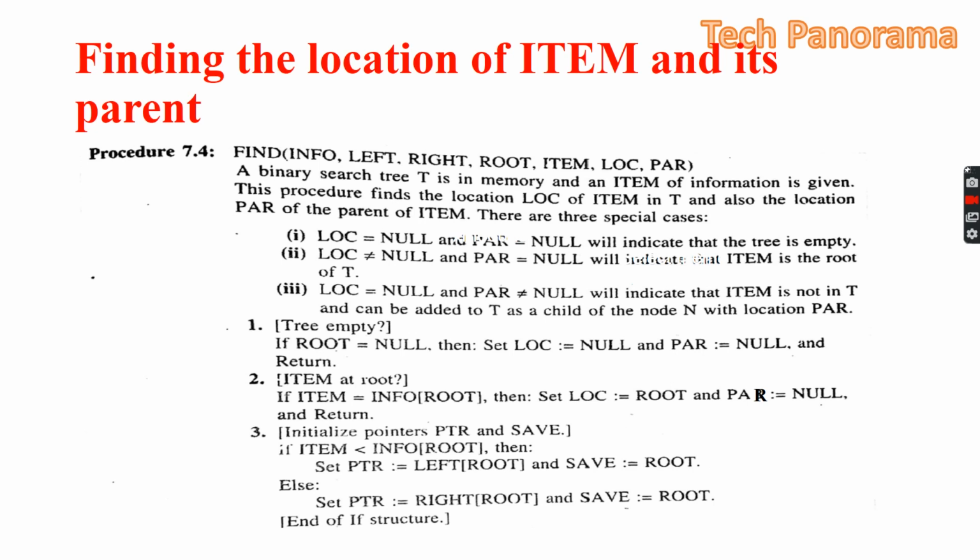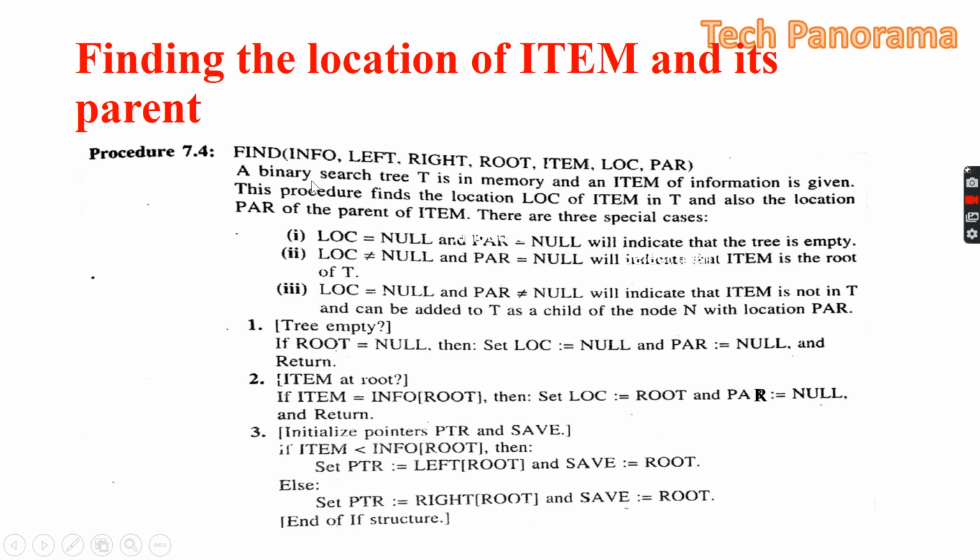We have already discussed the binary search tree in part 1, where we discussed finding the location of the item very briefly. Now we will discuss in a very short lecture how we perform the find operation. As we have discussed previously, it returns values in three cases: if the tree is empty, if the item is present, or if the item is not present in the tree.